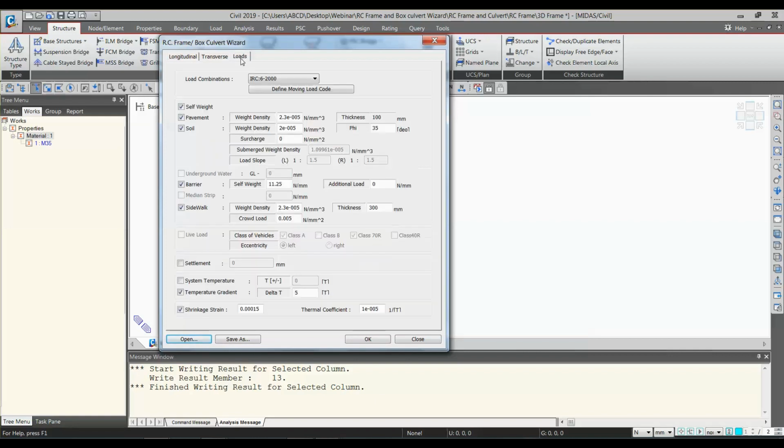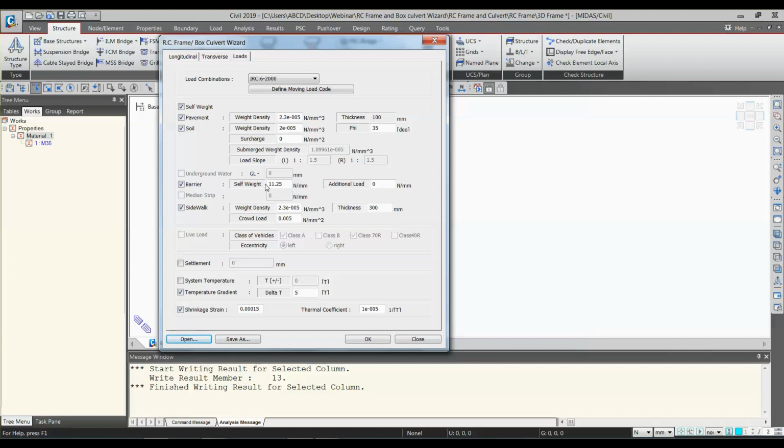Now let's go to the loads. So loads also nothing is changed, but here the application would be different. As here you can see it would be made up of plate elements and not the beam elements. The application of element beam loads, that is pavement or your crowd load or the self weight of the crash barriers, everything was as a UDL in case of 2D frame, but in case of 3D frame it will be applied as a pressure load.